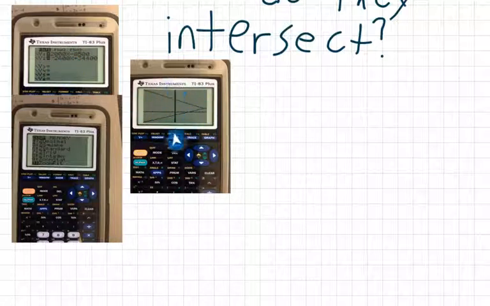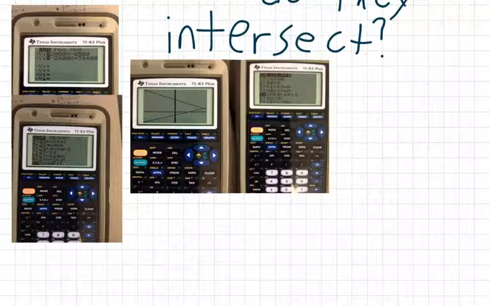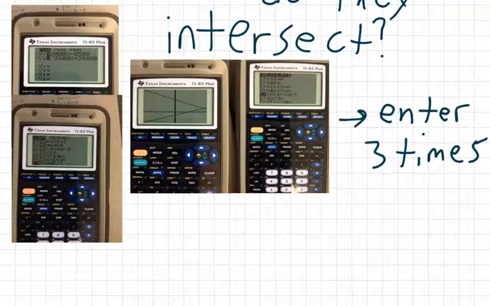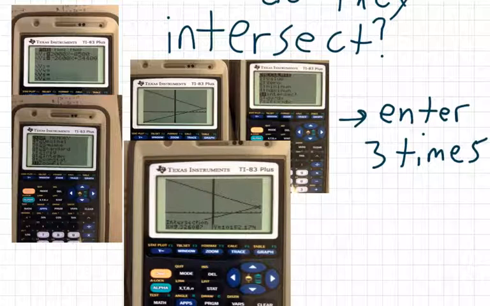Okay, now to find the intersection. So to find the intersection, just hit second, calculate. The 5th option is intersect. Right before we did minimum maximum for absolute value vertices, now we want the intersection of these 2 lines. Hit the 5th option, then press enter 3 times. And when you do that, you get your answer. So there's x and there's y when these 2 lines intersect. That's the point right there, which means your answer is, we'll round to the nearest hundredth,